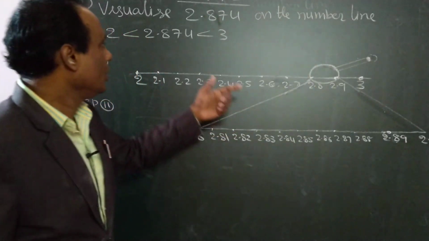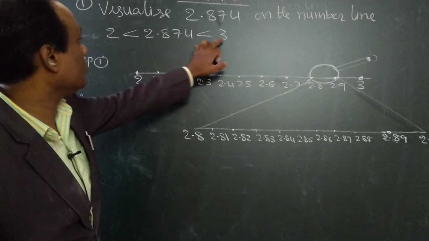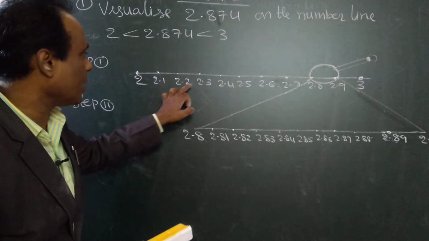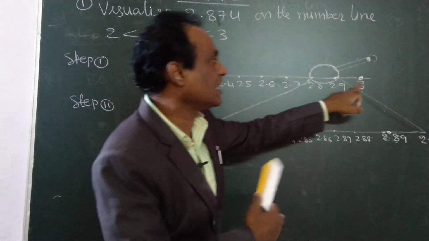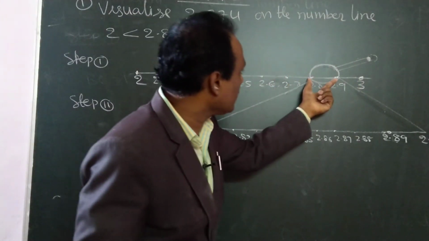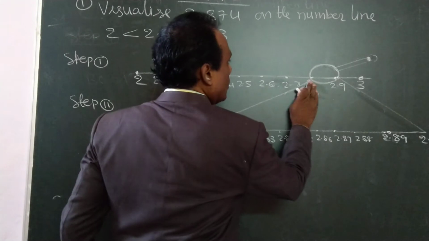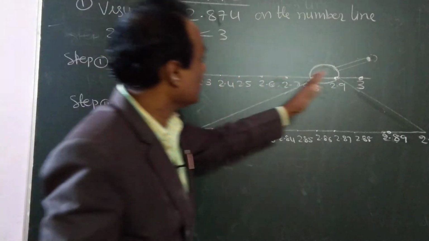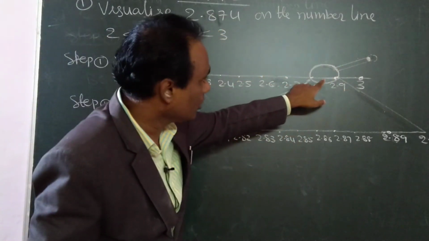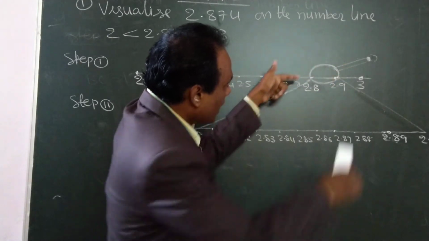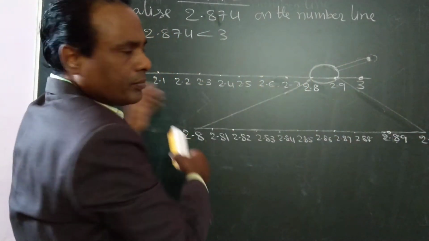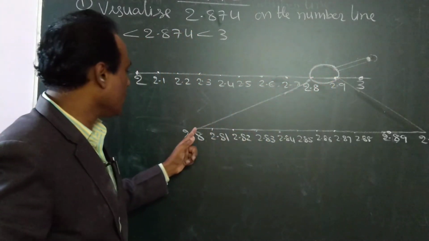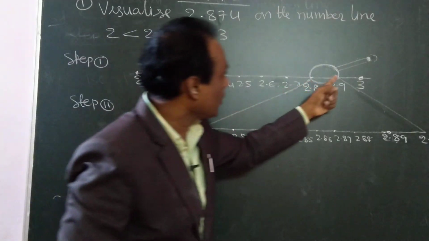See here. Our number, first I took 2 and 3. And after 2, if we write in decimals, 2.1, 2.2, 2.3, 2.4 up to 2.9, after that 3. Because our number is lying only between 2.8 and 2.9, because it is greater than 2.8 but less than 2.9. So this will lie here, but we don't know exactly where. So I kept a magnifier. I will observe only 2.8 to 2.9 and the remaining I don't want. So the remaining I neglected. I am putting the magnifier here, and 2.8 is reflected here, 2.9 here.